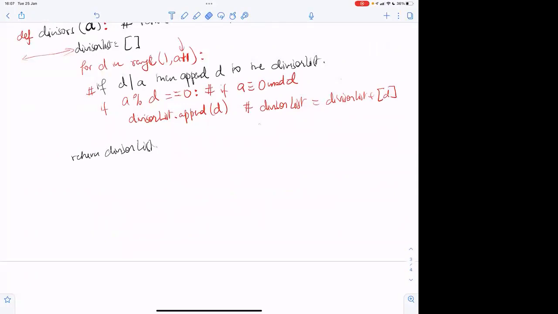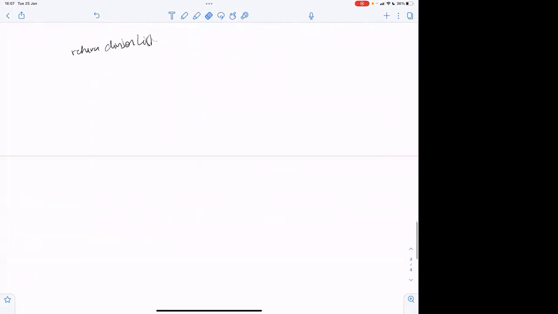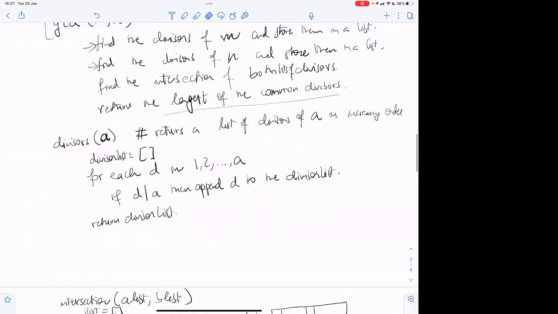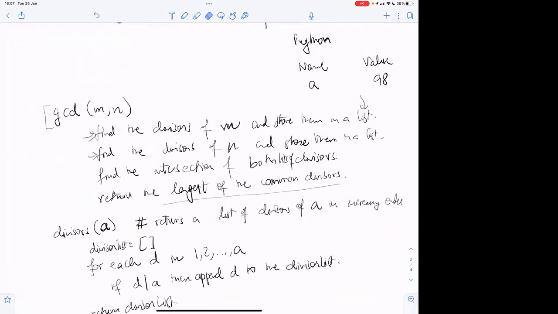And now how would you define your GCD? So let's do that.